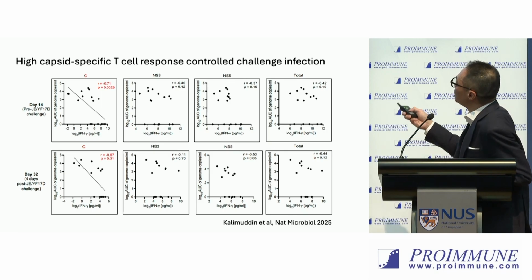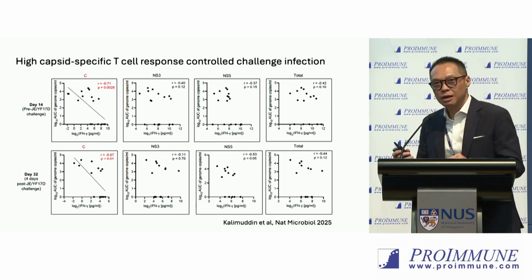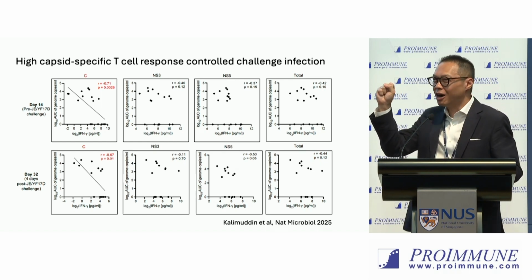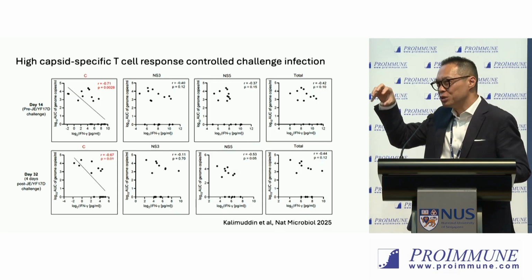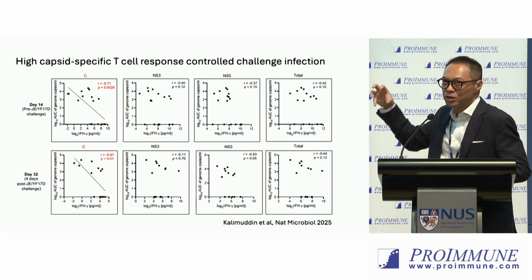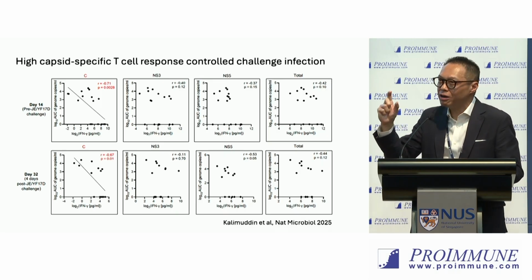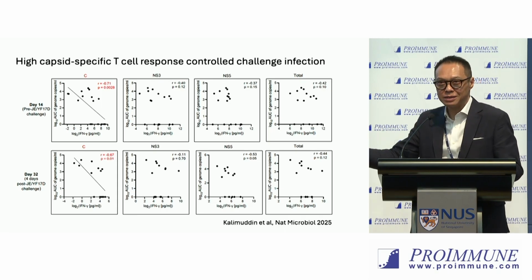You don't see it with T cells from the other parts of the proteome. So why capsid? Because the capsid captures the RNA. And upon infection, your E protein will fuse with the endosomal membrane. The entire nucleocapsid will then be released into the cytoplasm, but somehow the RNA needs to separate itself from the capsid. Otherwise, it cannot be translated. And the separation requires the capsid to be